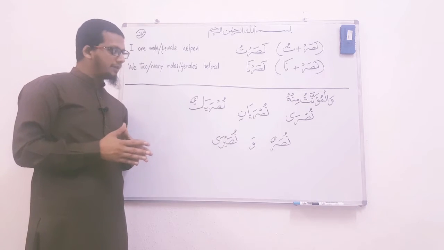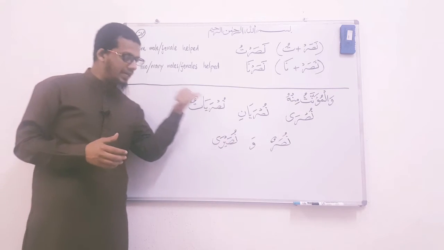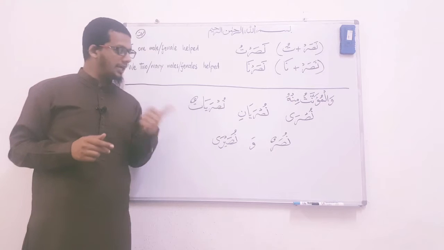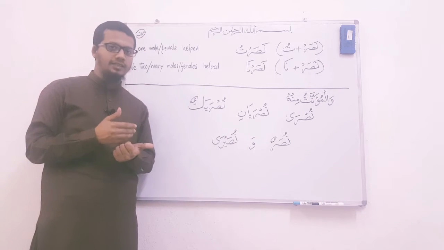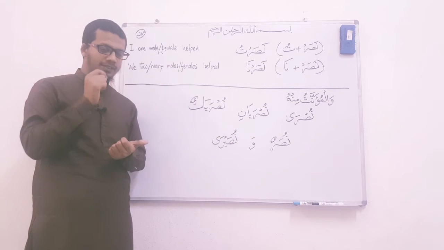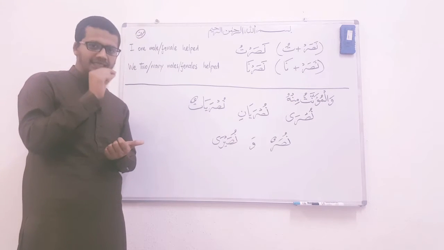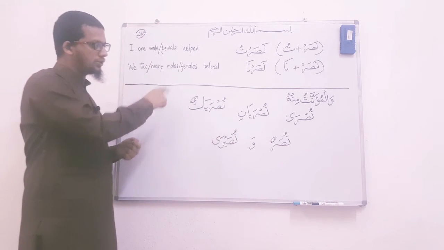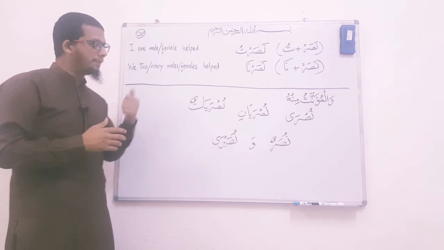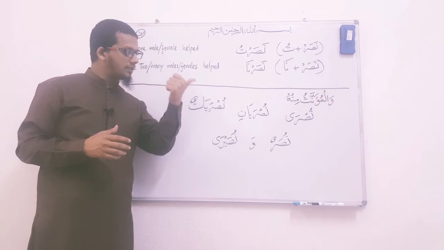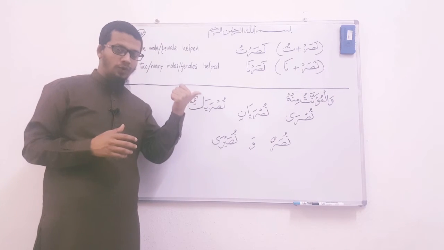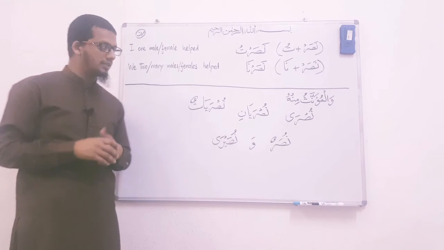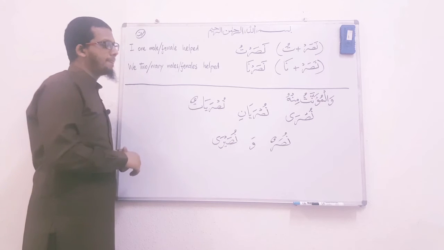What they do is, if they have to make sure that the ya is pronounced as a standing fatha, they do not put two dots under it. And if the ya has to be pronounced with a very thin sound like e, then they will put two dots under it. So because these two dots are not here, that means that we need to make sure that there is a standing fatha on ra. This fatha, we will consider this as a standing fatha because the next letter to it is ya without these dots below it. So thus it will be nusra,